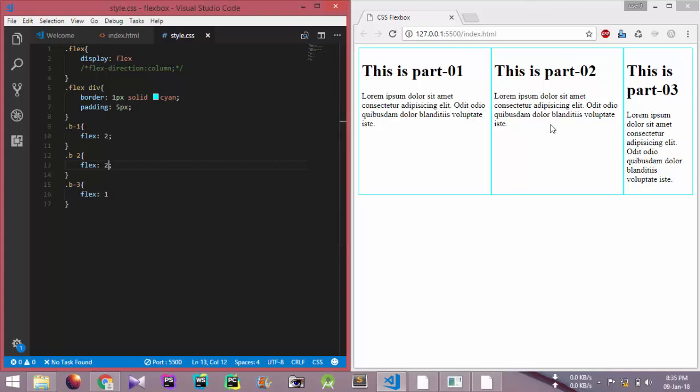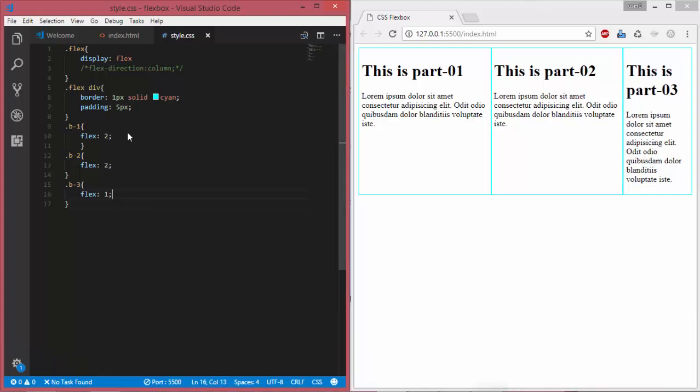Okay, part 2 is auto increased now, and part 1 and part 2 are the same, and part 3 consumes less space because I declared the flex size is 1. Okay, so the next property name is order. You can control the order of these parts, so let's declare the order, and I just name it 2, and